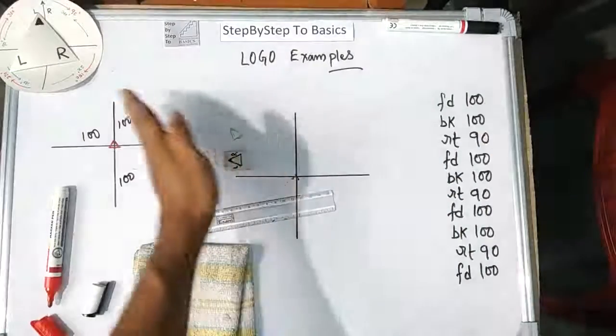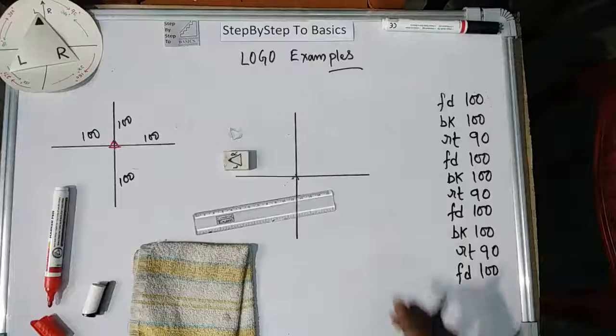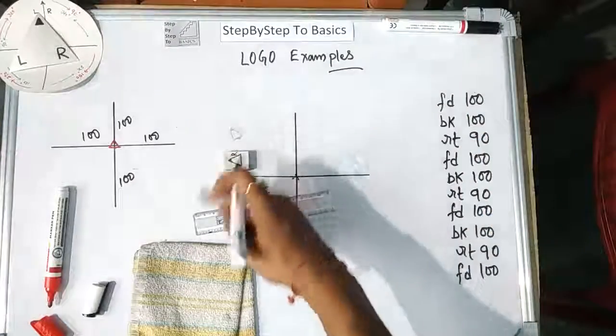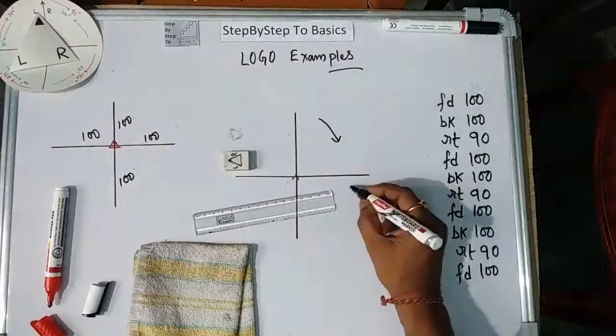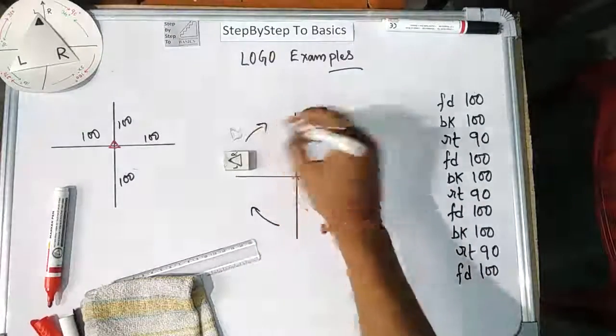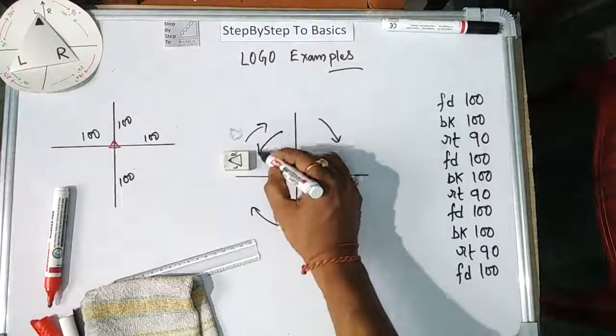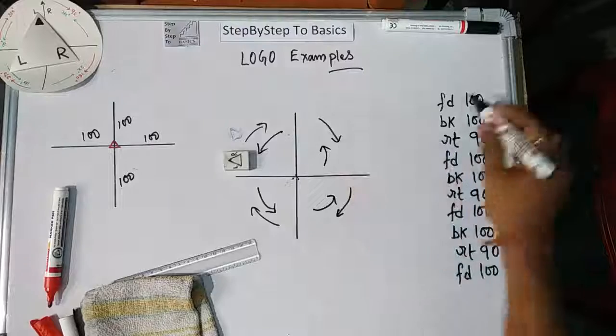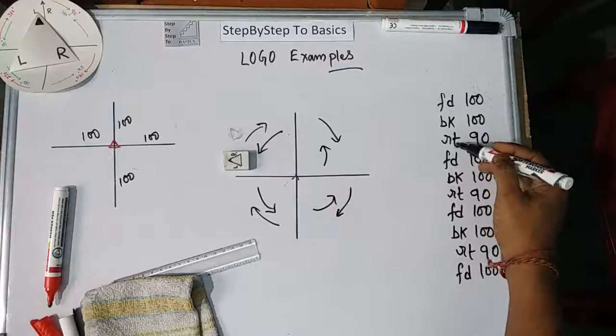See, you can turn it from left side also. It is not mandatory that you are using RT. You can start from this way also. I used in this way. So that's why I have written RT. You can write in LT also. No issues. Same code, just instead of RT you have to write LT.